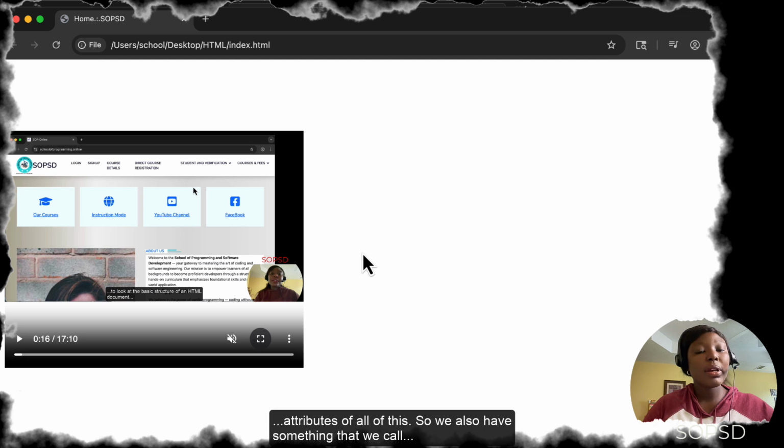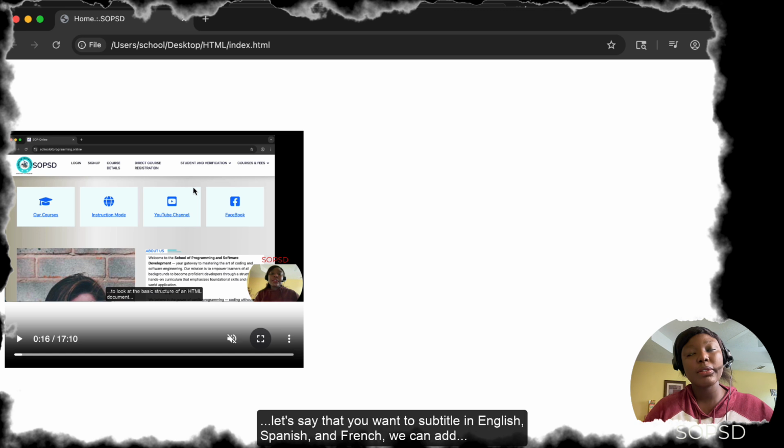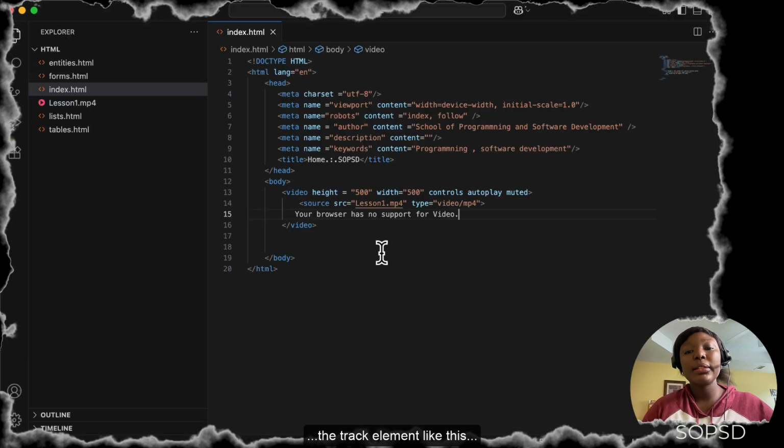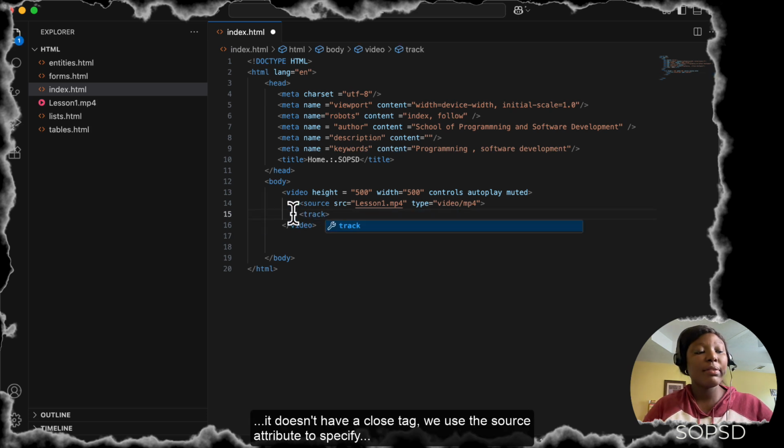So we also have something we call the track element, and if you have a file for different subtitles, let's say you want subtitles in English, in Spanish, in French, we can add the track element. Let me take this out. The track element is like this, it doesn't have a close tag. We use the source attribute like this to specify the location of the subtitle. Let's say